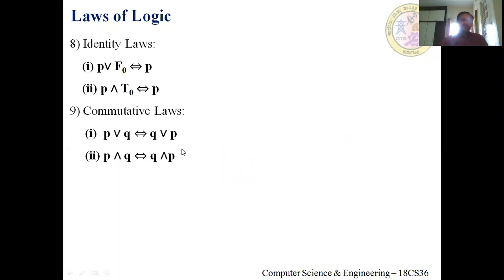See, one of the problems with the truth table method is that as the number of propositions increases, the number of rows in the truth table also increases. It is somewhat difficult for us to prove that LHS is logically equivalent to RHS by constructing the truth table. That's why we prefer to use the laws of logic.